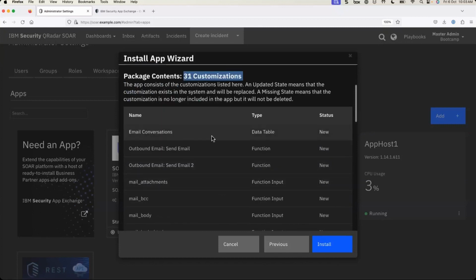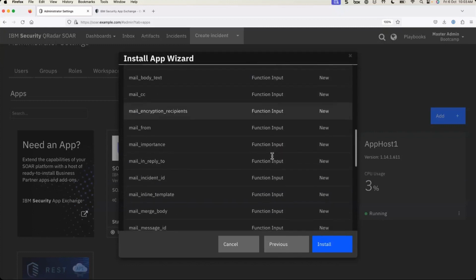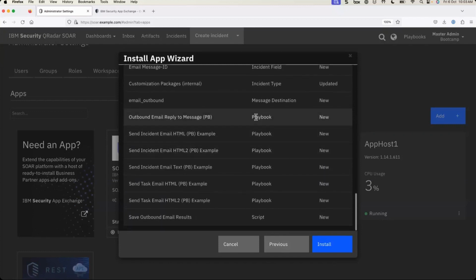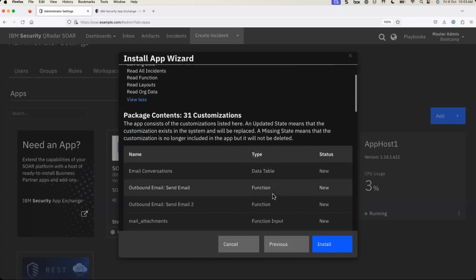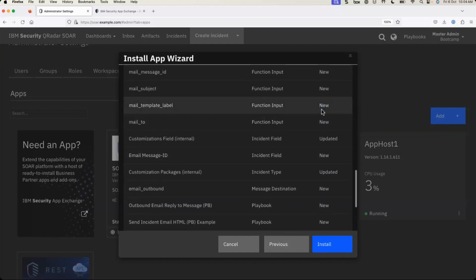That customization includes email conversations, which is a data type table, functions, and function inputs. We'll talk about functions and function inputs in detail in our playbook session. Then you have a message destination, a playbook, and object types, which we'll also talk about in the playbook session. And the script. Once you have verified, if any of the object types or fields already exist, it will say that it exists and then you'll see updated. For a non-existent field, it will say it will be newly added. Once you click that install button,